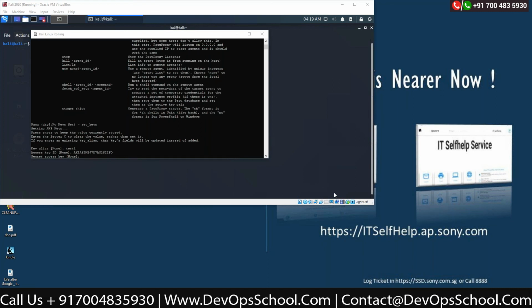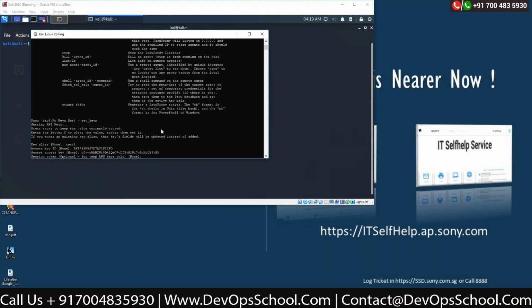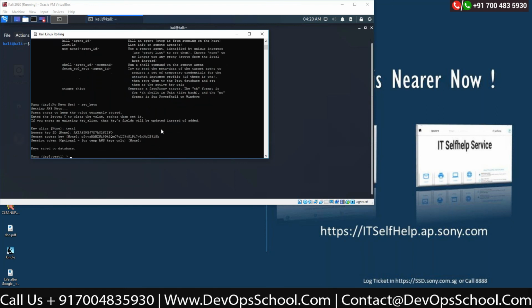Then there's a secret key just below that, which ends with SK. Don't write a session token, let it be. Press enter. Skip that part. The key is saved to the database. Now you see that it is using test 1. If you write whoami,